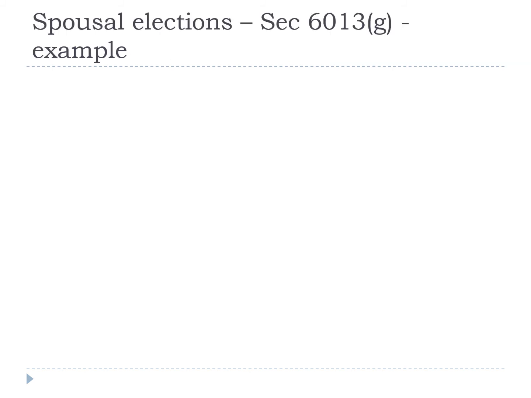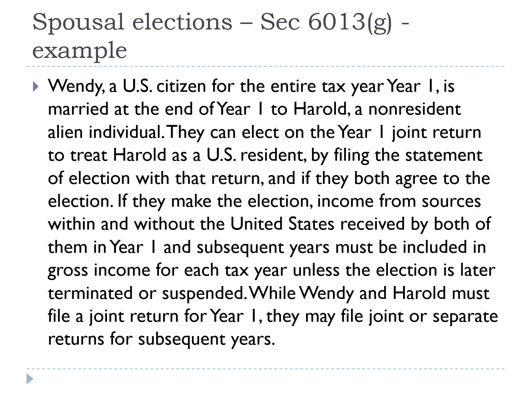Here's an example of the 6013(g) election. Wendy, a U.S. citizen for the entire tax year 1, is married at the end of the year to Harold, a non-resident alien individual. They can elect on the year 1 joint return to treat Harold as a U.S. resident by filing the statement of the election with that return. And if they both agree to the election,